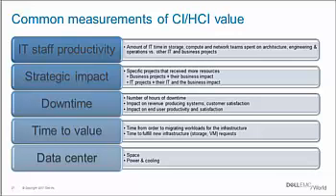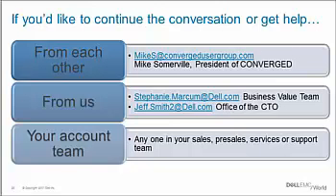Then we've got some ideas on the strategic impact, what the strategic projects were, and trying to help you think about the business impact of those, downtime, time to value, and then the data center environmental: space, power, and cooling. So I'll just tease that up a little bit,